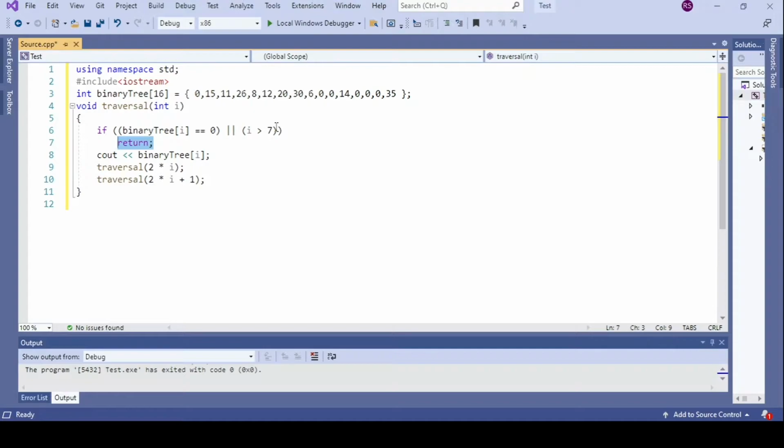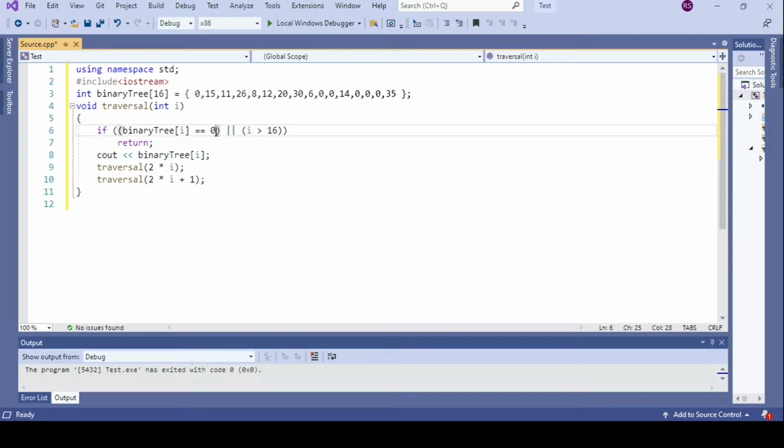Similarly, if the value of I exceeds 7, okay, 7 in this case has to be 15, 16, then it goes out of the array range. So these two conditions will be checked, and only if the current node is not true for any of these conditions, it will come to the next statement.